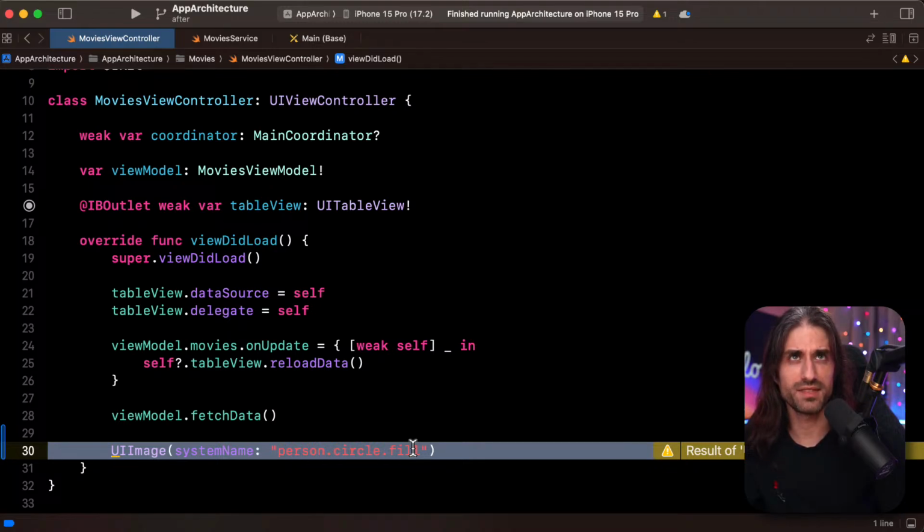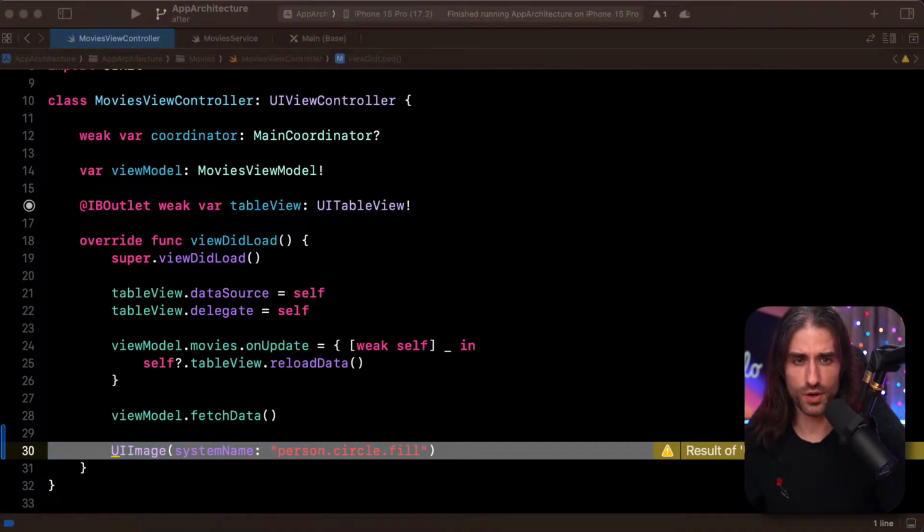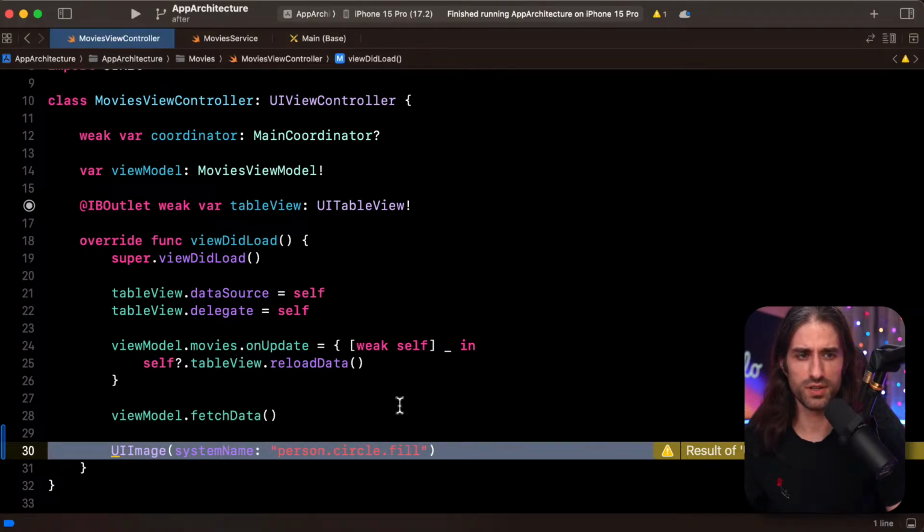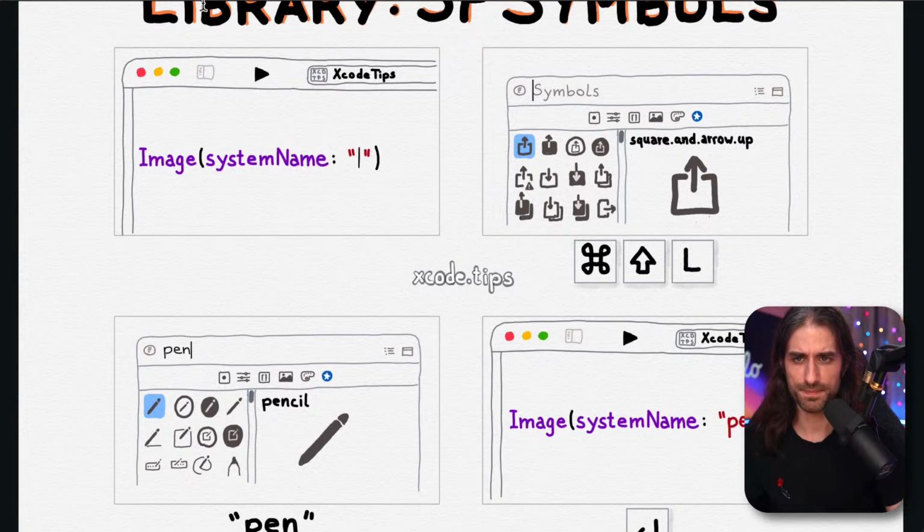There is an app called SF Symbol Browser, which I have downloaded and installed, and I use. And I've used it quite a lot. It's quite a nice app, but it's good to know that you don't even need to install this app. You can just browse the SF symbol catalog using this nice little trick. So that's a good one to know. That's a really nice one.